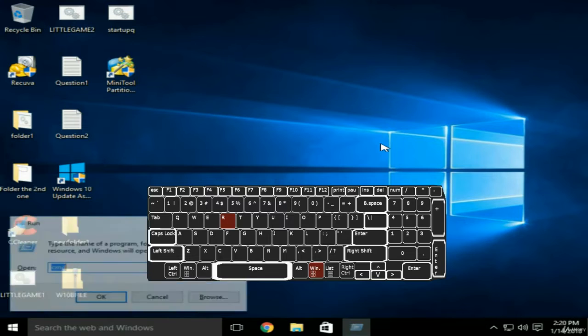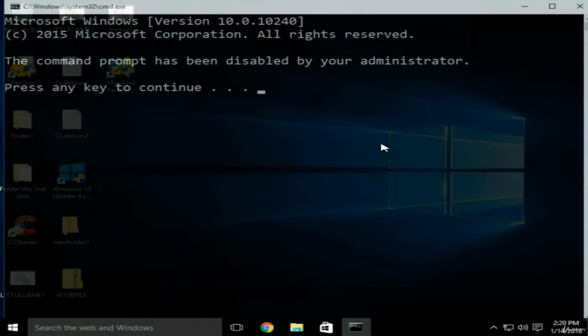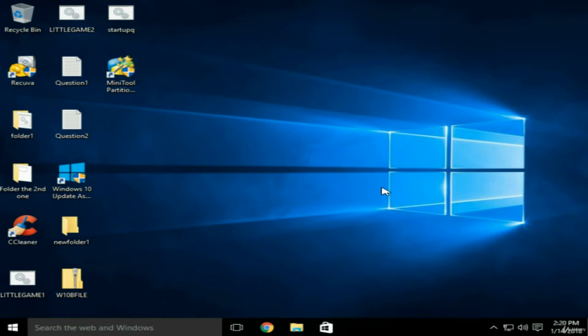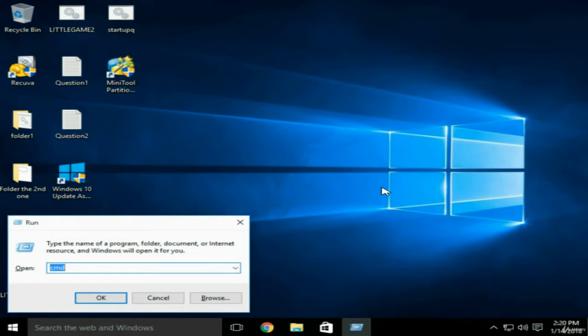Hold in the Windows key, tap R, tap CMD. If you receive a message like this or your command prompt just doesn't open, it has probably been disabled by the administrator. To re-enable it, hold the Windows key in, tap R, tap